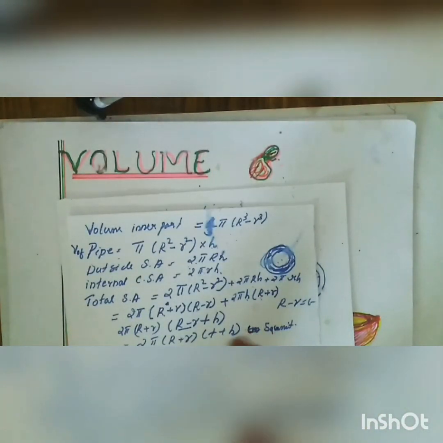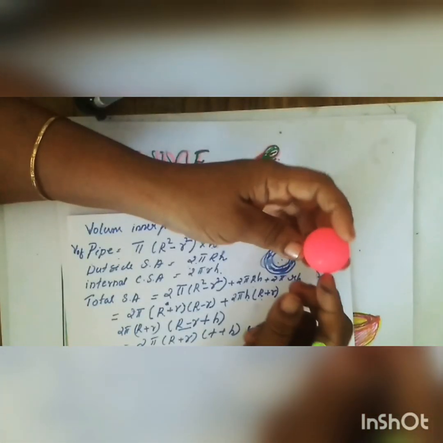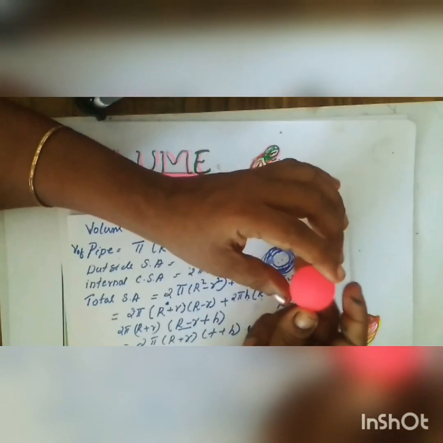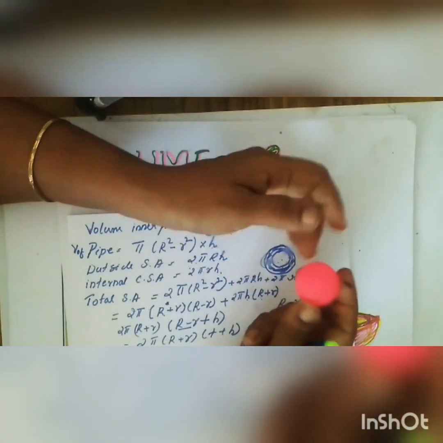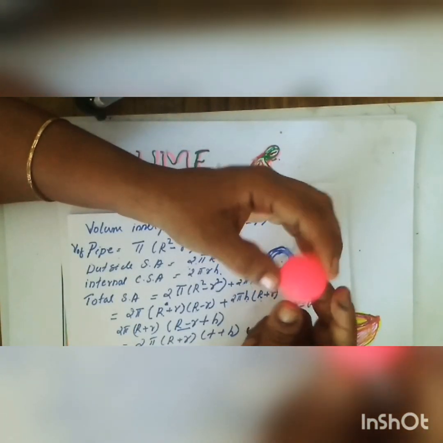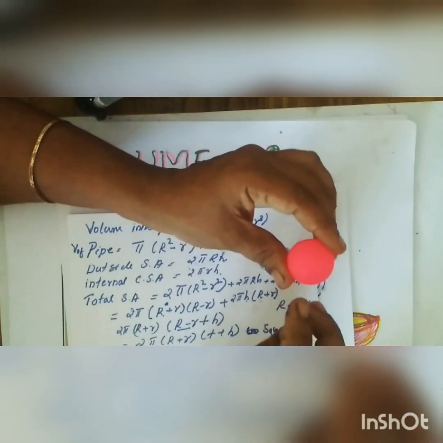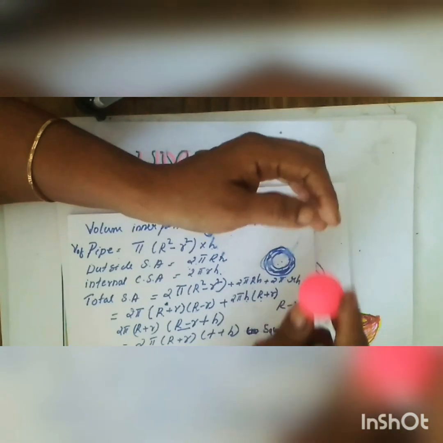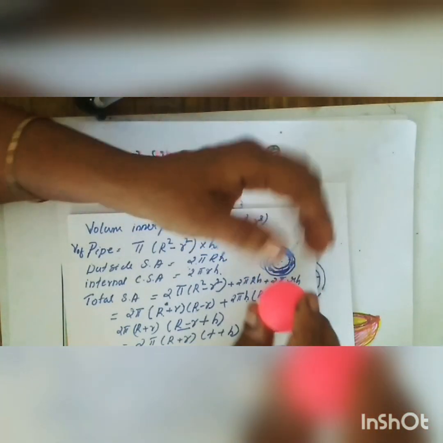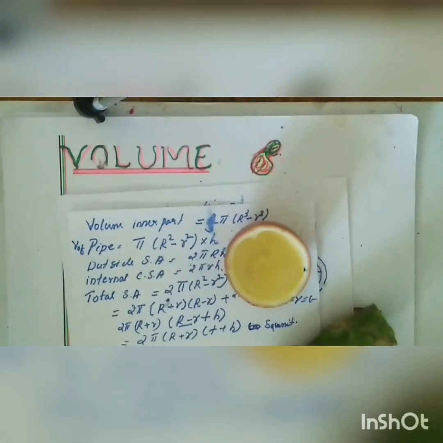Here is a ball. It is almost like a sphere itself. The total surface area and the volume are calculated by using 4 pi r square and 4 by 3 pi r cube. The mass can be calculated by using the formula volume into density. Materials I use for understanding the